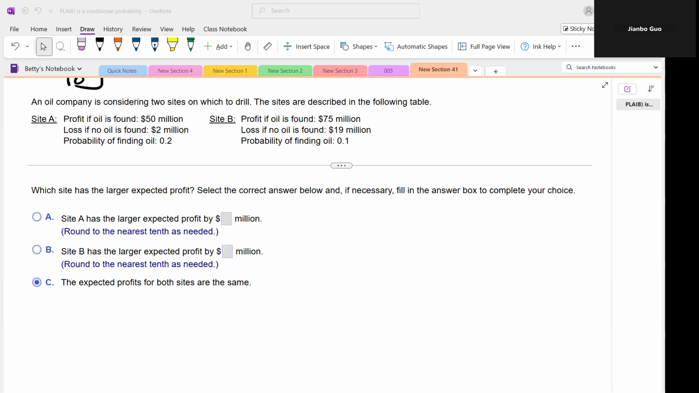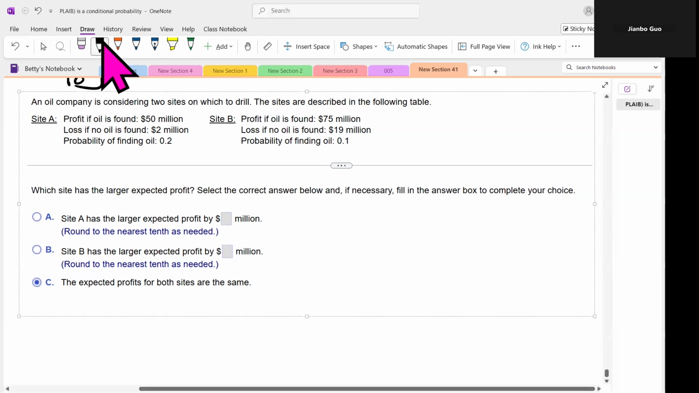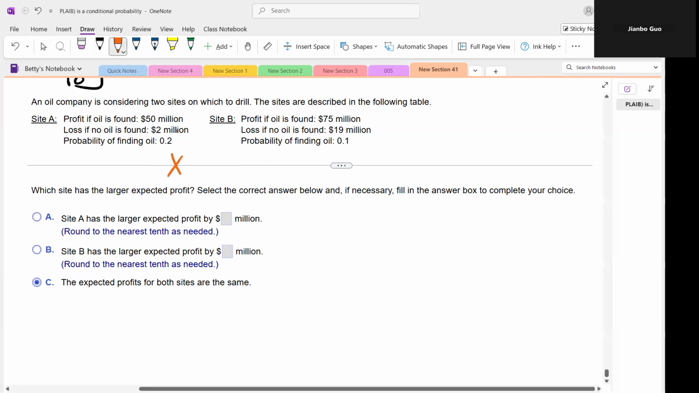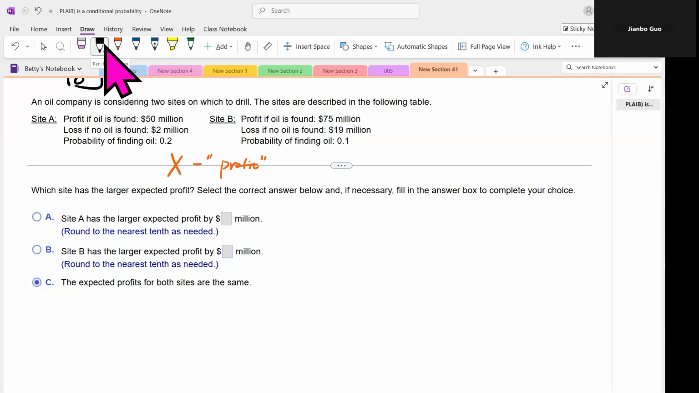Okay, so we have two plans, site A and site B. We are going to construct the probability distribution table for each option. And the random variable x here is going to represent the profit. Profit is positive if you have the gain. Profit is negative if you have the loss, if you lose money. So for plan A, site A,